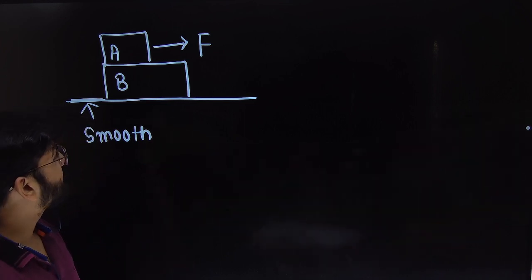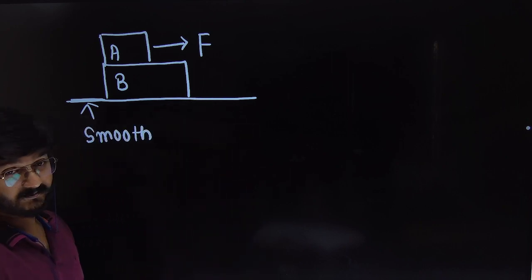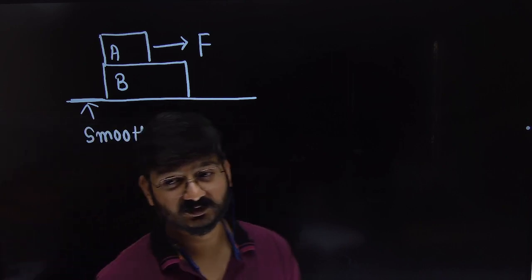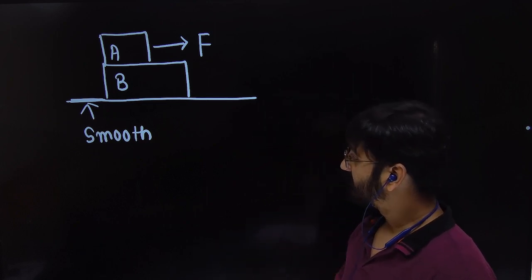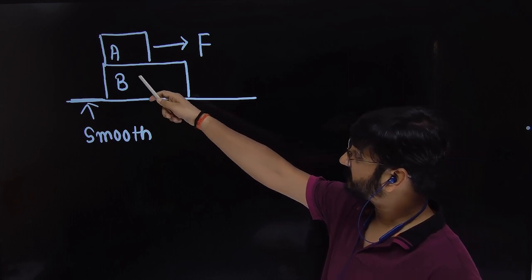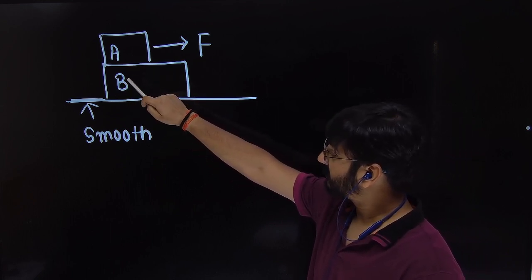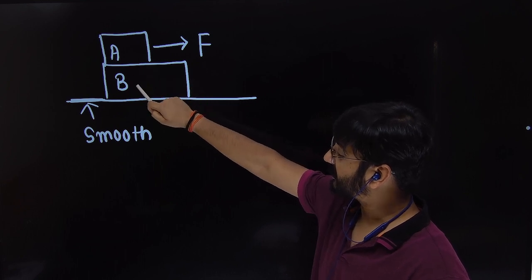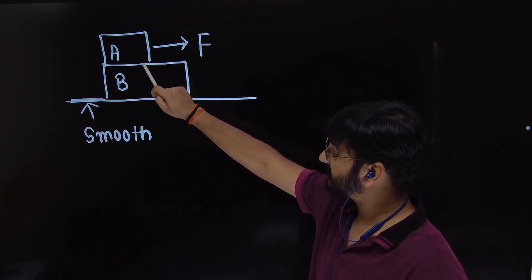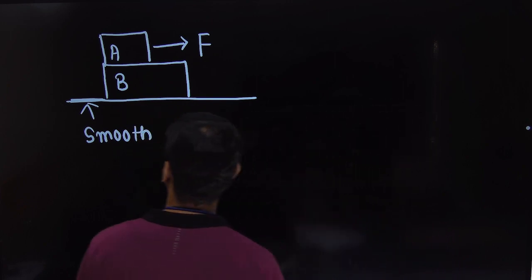So this is the diagram given. We have two blocks and we have applied an external force on the upper block. The ground is smooth, meaning there is no friction, but there is friction between A and B. In the question, you can write down that the surface between A and B is rough, meaning friction is present here. This we have taken as smooth. So the question is